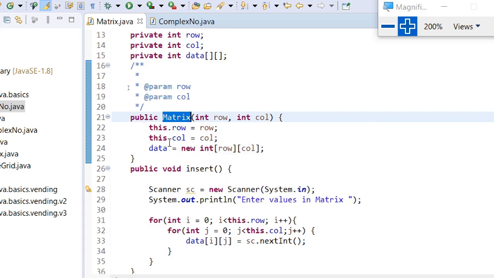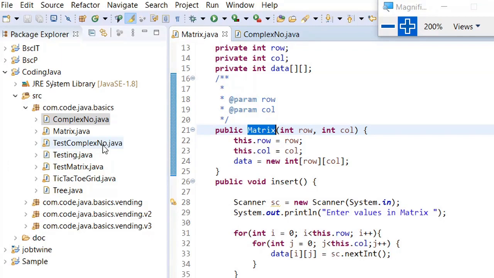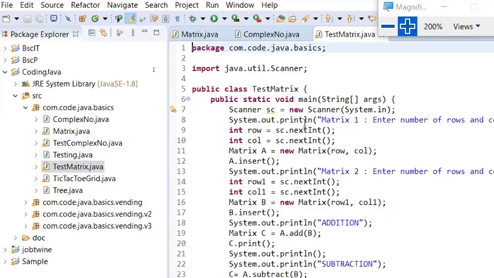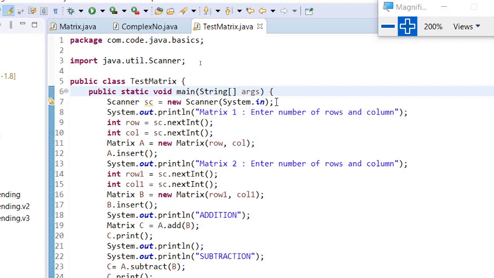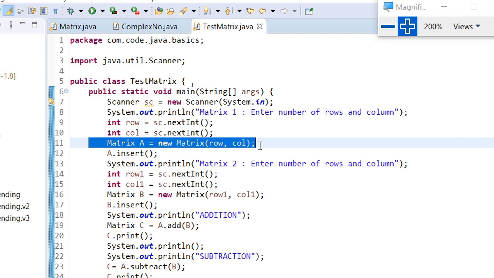First see how we can create a matrix, how we can create an object of a matrix. We have TestMatrix. So if you see this line, Matrix A equals new Matrix, rows and columns, so I'm passing rows and the columns.